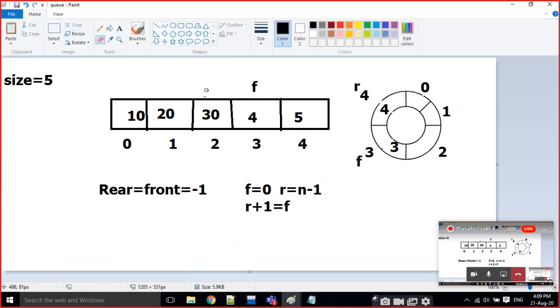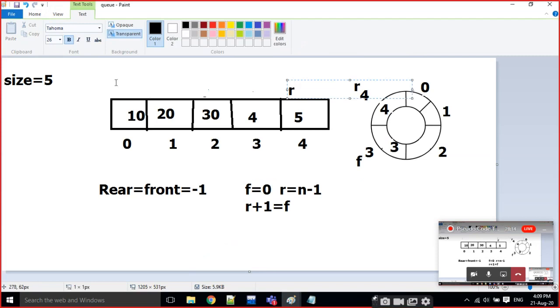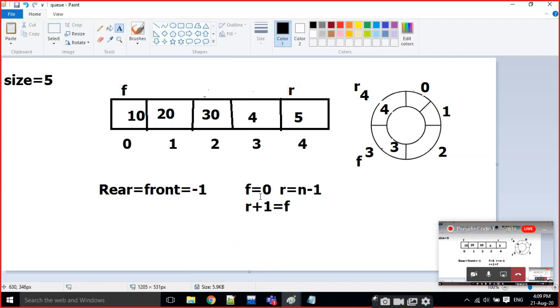For example, if R is at this position and front is at this position, that means the first condition, if F is equal to 0 and R is equal to n minus 1, if n is 5, at this position also the queue is full. And in this position, R plus 1 is equal to F, that is also queue is full.